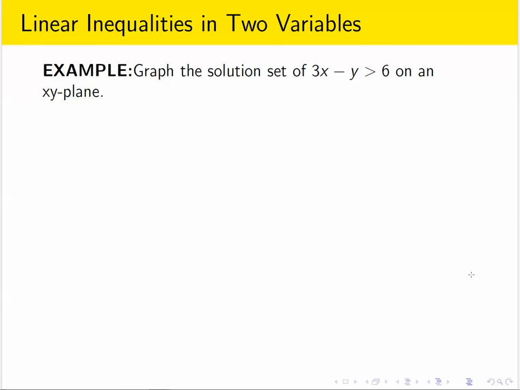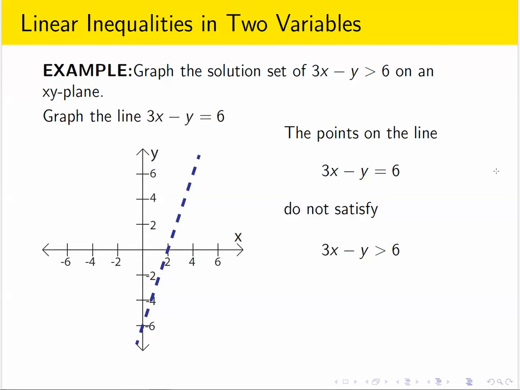Let's look at another example. Let's graph the solution set of this inequality. 3x minus y is greater than 6. So we'll start out the same way by changing the inequality into an equality and graphing that equation, which is a line. Now, this time, if I take a point that's on that line, for example, the point x equals 2, y equals 0, that's on the line, but it does not make the inequality true,